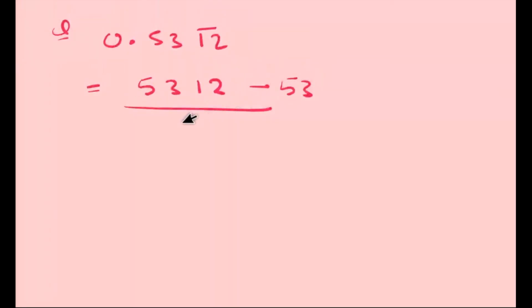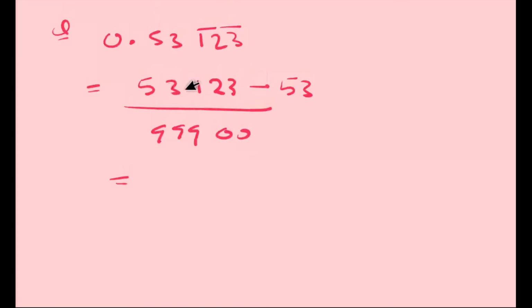Let's take another example for the same. The question is 0.5312 with a bar on the repeating part. So how we can write it is 5312 minus 53 upon... let me read the 3 also for better understanding. So 5 3 1 2 3, we have to subtract 5 3, and we have to write 9 three times, and for this 0 0. Now what is your answer? You can subtract and find the answer.